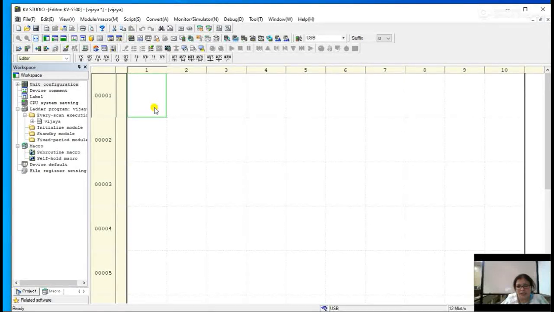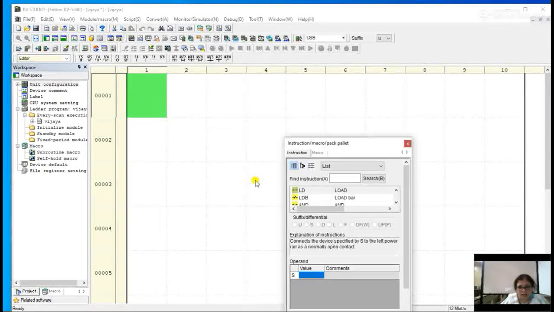Now, in order to develop any logic diagram, click on this button. This tool is very user friendly. It is a GUI kind of tool, and you can find any number of options here. To choose whichever instruction you want, the shortcut method is you can choose directly from the GUI, or you can choose from the tool window also. So here I am taking LD.